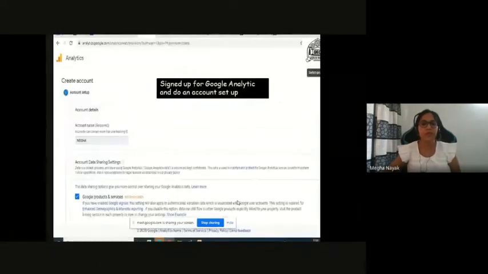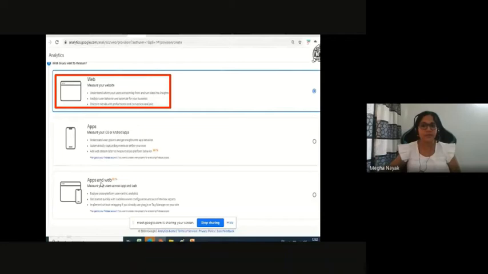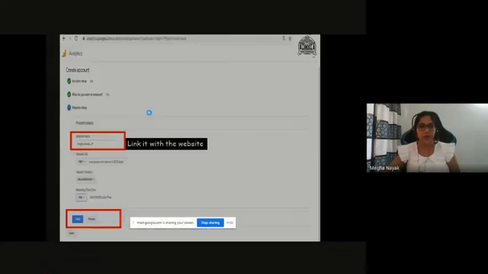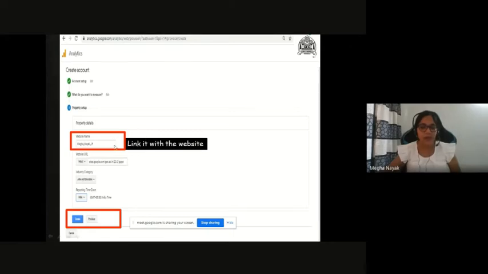So how to set up this Google Analytics ID? You go to analytics.google.com and you sign up. I give my account name and then say yes to everything, and I click on what I want to measure. I say I want to measure my website. I choose this option, and then I give my website name. Right now this website name will change. This was another website name which I had placed over here. So now I will have to select the website name which I have given now and put it into my analytics ID. And then once I'm done with that, I will have to give my entire website URL.